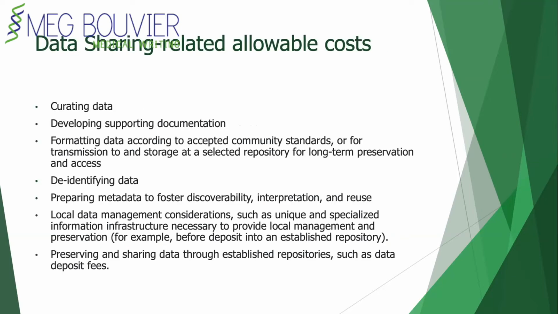So what I was saying earlier about data sharing related allowable costs, these kinds of costs that are outlined on this slide are things that you can include in your direct costs in your budget at proposal time. And these are also available on the sharing website. So no worries if you're trying to write this down. It's all available there to know what's allowable, and there's another list of what's unallowable. But this is what you can put in there. And as you can see, the last one is preserving the data through established repositories, and that's what I was mentioning earlier.